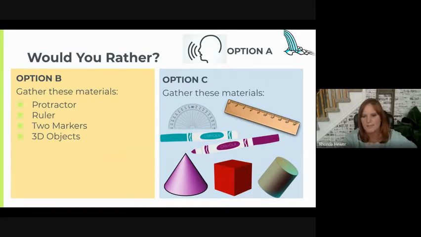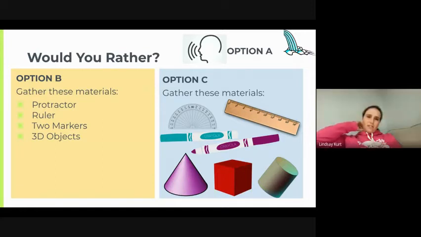How about C? Lots of you said C. What was it about C that you liked? I think I took it on as a student's view, and for a lot of my students, they struggle with reading to begin with, and so it takes them a long time to process what each of those things are and then get it out and then have that feeling of being prepared. Where just seeing it, I know I don't have to do that reading part.